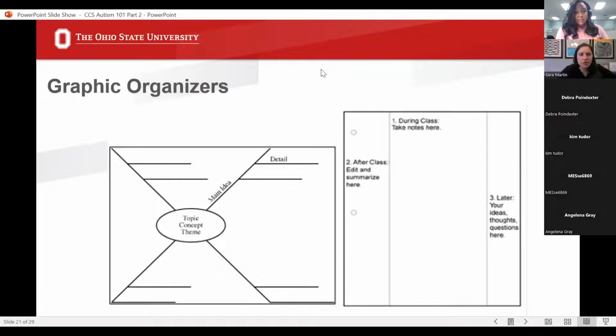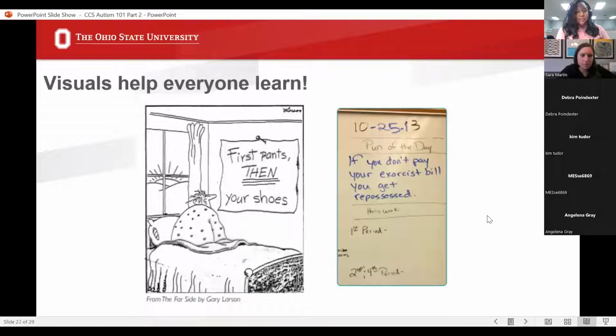So those are just 2 examples, but graphic organizers can take many different forms. And again, remember that visuals can be helpful to all of us. When you're eating at a restaurant, most of us can only remember the meals available to us when we see them on the menu than if they were said aloud by a server. So that's why most restaurants you go to will have a menu so that you can visually look at what